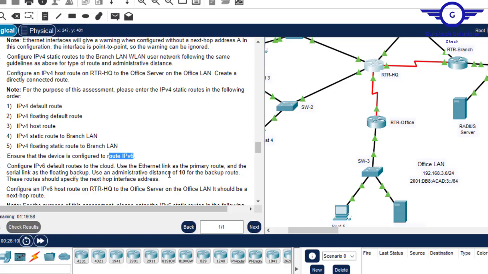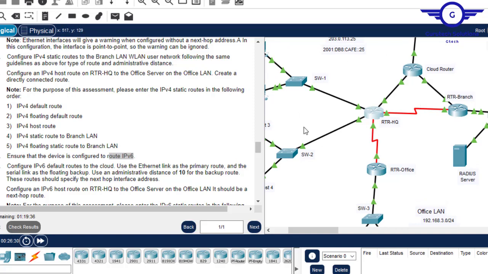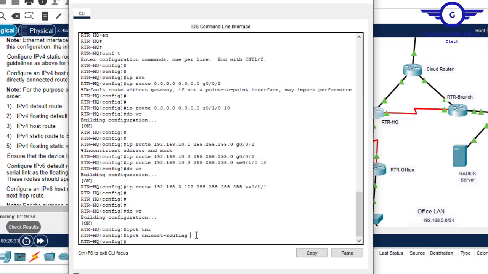Use administrative distance, this one, for the backup. This route should be specified with the next-hop interface address. Now it's different from the above, which said we use the outbound interface. This one says that we should use the next-hop interface address. Okay, so this is pretty simple. How do we configure a default static route in IPv6? Very simple. We just say